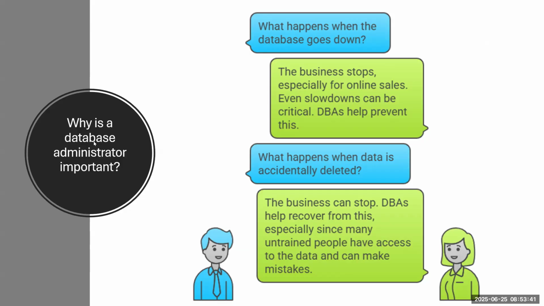So what happens when the database goes down? We are the database administrator. We are talking only about the database. If the database goes down, it can be the database, it can be SQL, it can be the server on top of SQL. Where SQL is hosted, either the server went down, SQL went down, or the database went down. Almost all are the same. If the database goes down, then what will happen? The business will stop, right? No one can do online operations. No one can book orders. If you open Amazon or Flipkart or something, you can't do anything online.